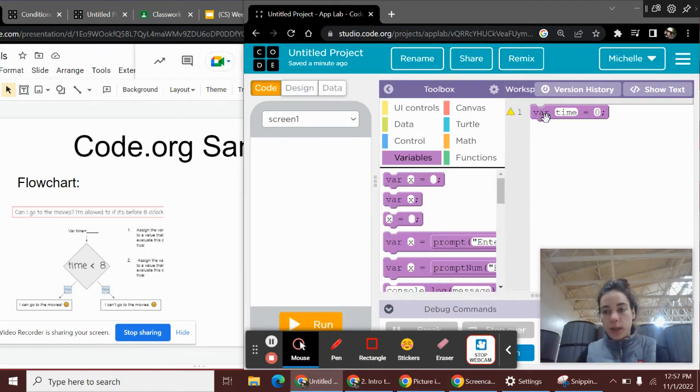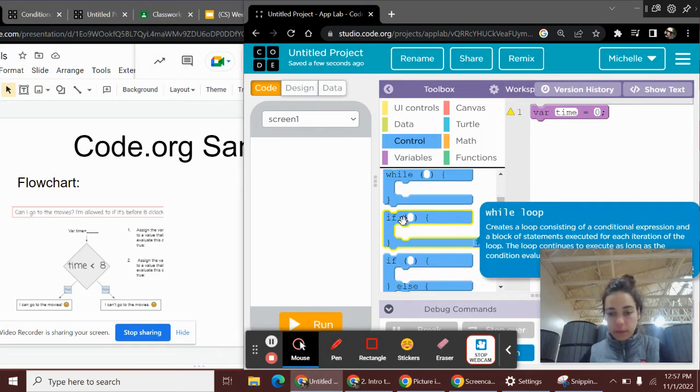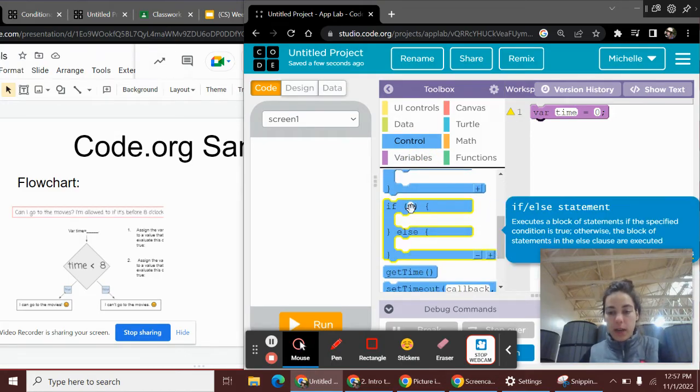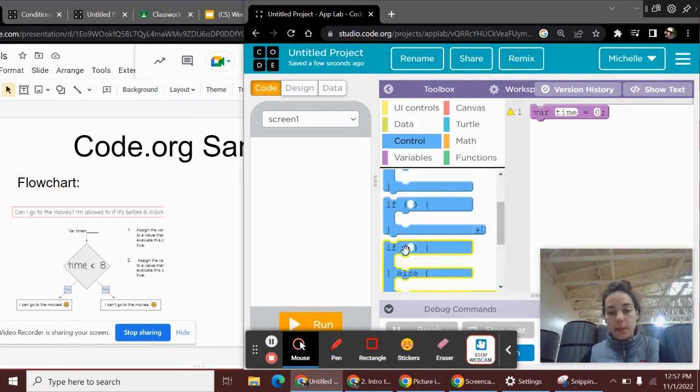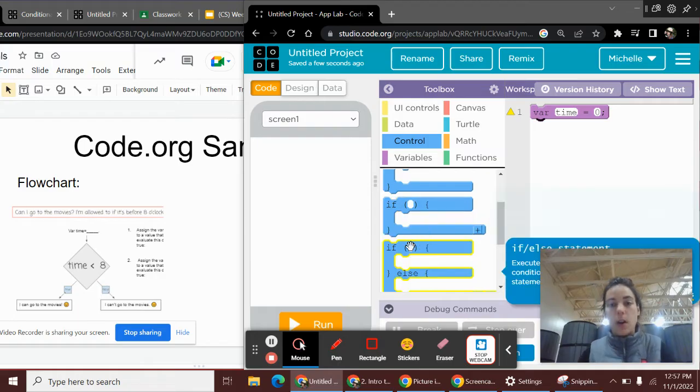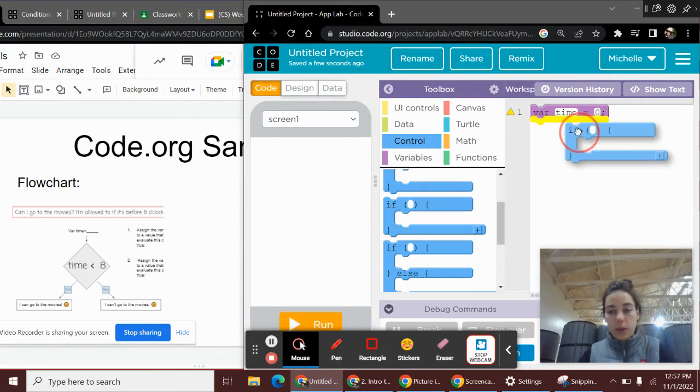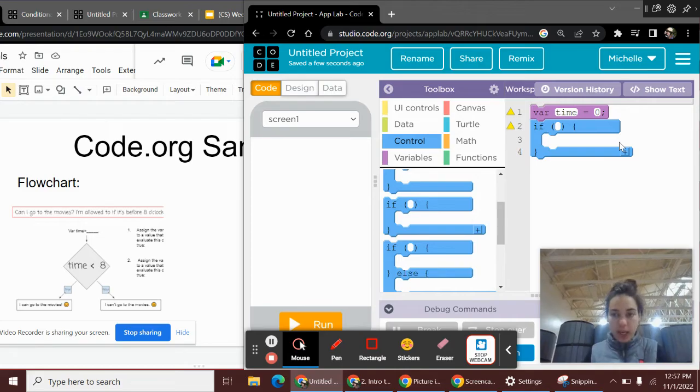I personally enjoy initializing my variable at 0 unless something else is known, such as you get 3 lives to begin with. The next part I'm going to go to is control. In the control menu, we have if statements or if else statements. These two statements are going to be very important. These were our conditional statements. So I'm going to start off with if, and I'm going to write if time is less than, time meaning this variable right here. So if time is less than 8,